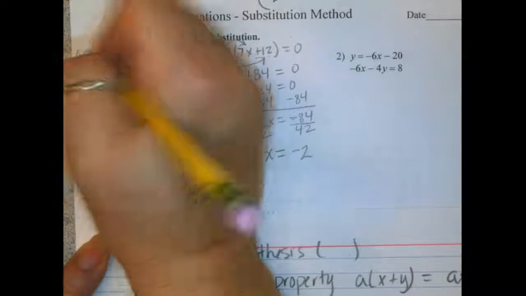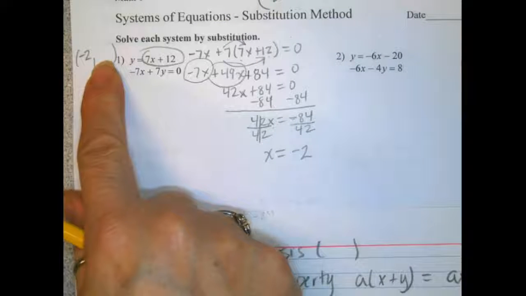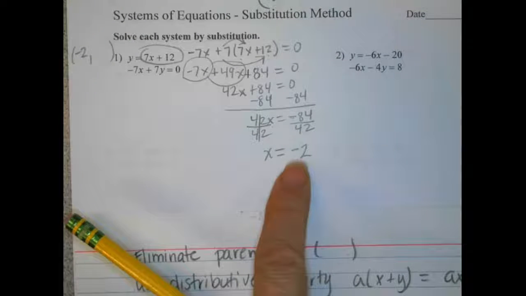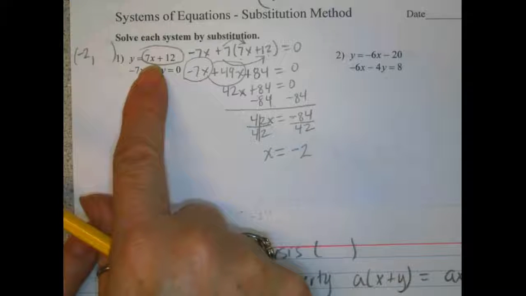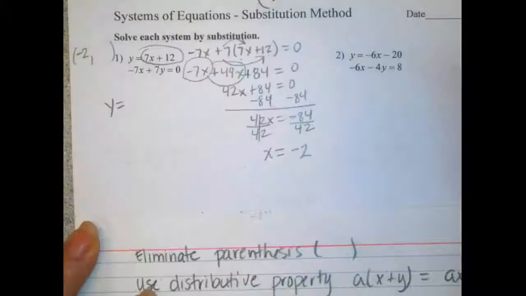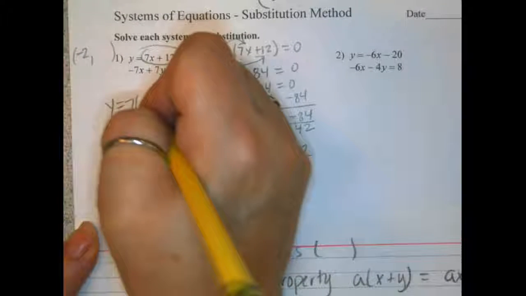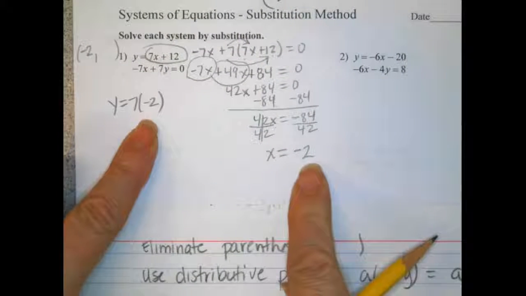I know x is negative 2, but I don't know what y is. Okay? So, since I do know that x is negative 2, I can take this negative 2 and substitute it into this equation here, right? So my second part is going to say y is equal to 7, and instead of x, negative 2